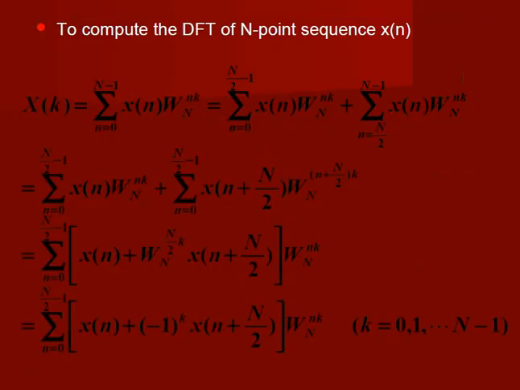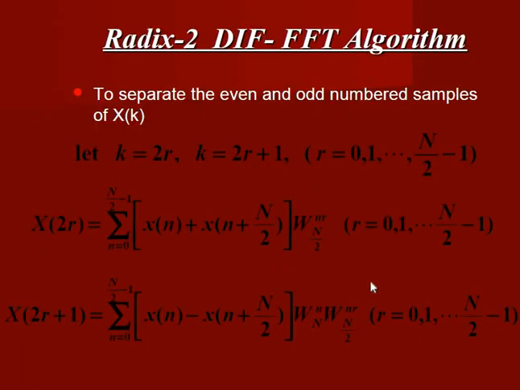Now if we go for computation, again I am telling you that in case of DIT, as we have to go for even and odd, the computation for that and the computation for this will be a bit changed. So here we are just splitting from 0 to n by 2 minus 1, and again n by 2 to n minus 1. In this way we will split the sequence, and whenever we split the sequence using the twiddle factor, finally we will get a term like this, for k equals 0 to n minus 1. Now radix 2, I am explaining again. Radix 2 means base 2, that means it should be of power of 2.